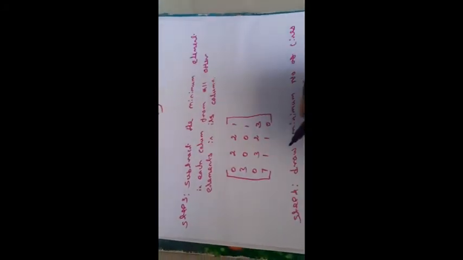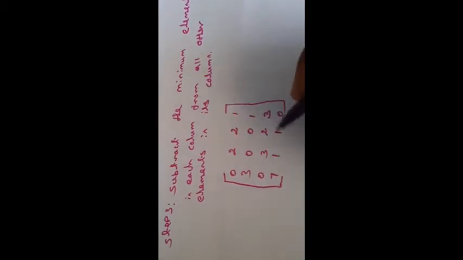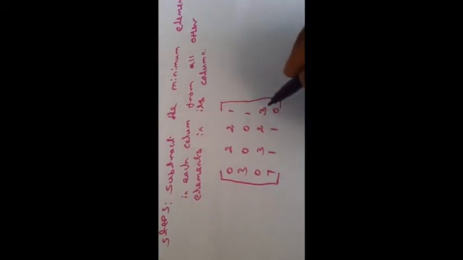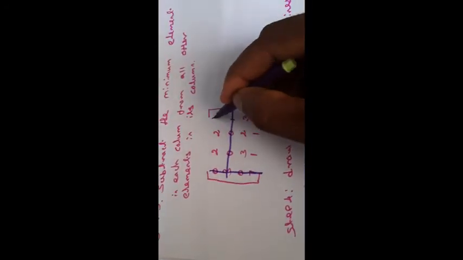So to draw the lines, we start with the maximum zeros. So let's see the rows: first row 1 zero, second row 2 zeros, third row 1 zero, fourth row 1 zero. First column 2, second column and other columns have only 1 zero. The second row has 2 zeros. So next the first column has 2 zeros. So next the last column has 2 zeros.